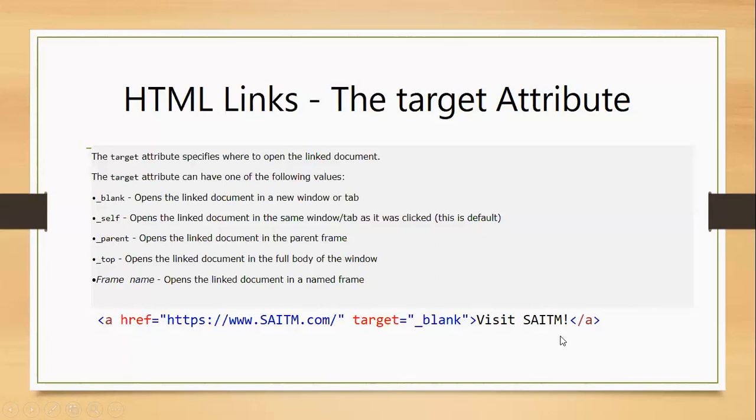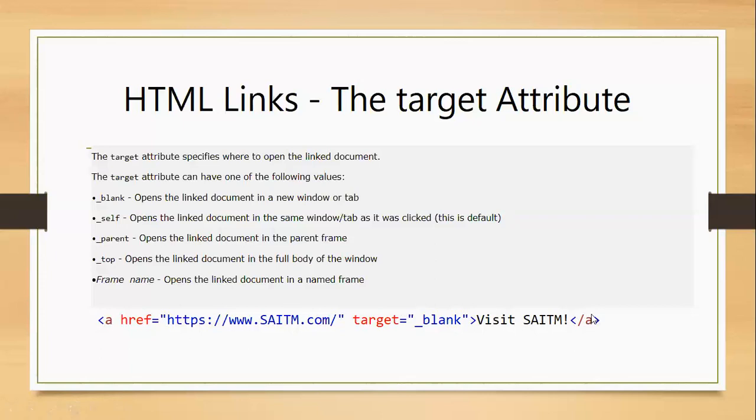The simple example is that whenever I am opening an anchor tag that contains a reference where we want to switch, we have to mention the target attribute and the location. That means we want to move to a new window or in the current window, whatever location we provide, we will switch there with the help of that target attribute.